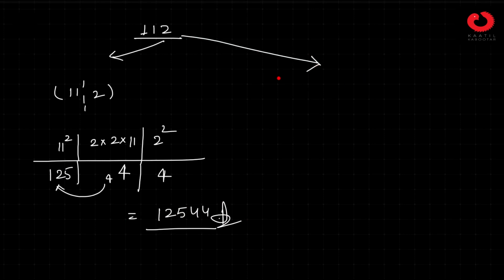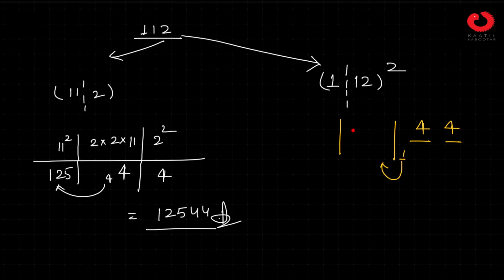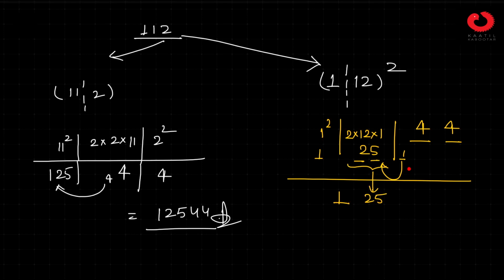Similarly, another way of doing the partition, suppose I do a partition like this, 1 bar 12, and then this square. So this is very simple, you will be writing these two, but here there will be 2 digits. 12 square, you know it's 144, this 1 will be carry, then here it will be 2 into 12 into 1, so it's 24 plus 1, 25. Here also 2 digits you will write, and this will be 1 square, which is 1. So from here 2 digits will come, which is 25, and here also 2 digits will come, which is 44. So you can see this and this are same, and your answer is same.